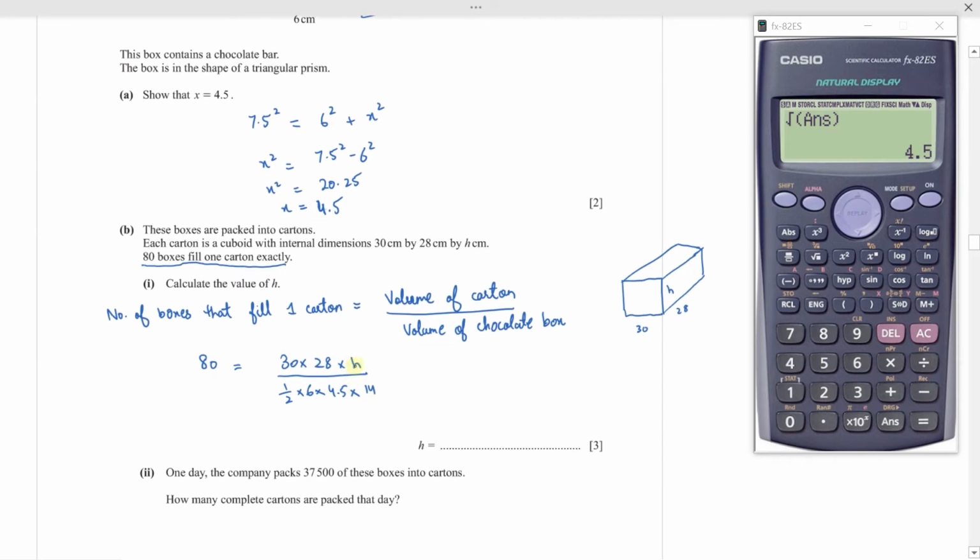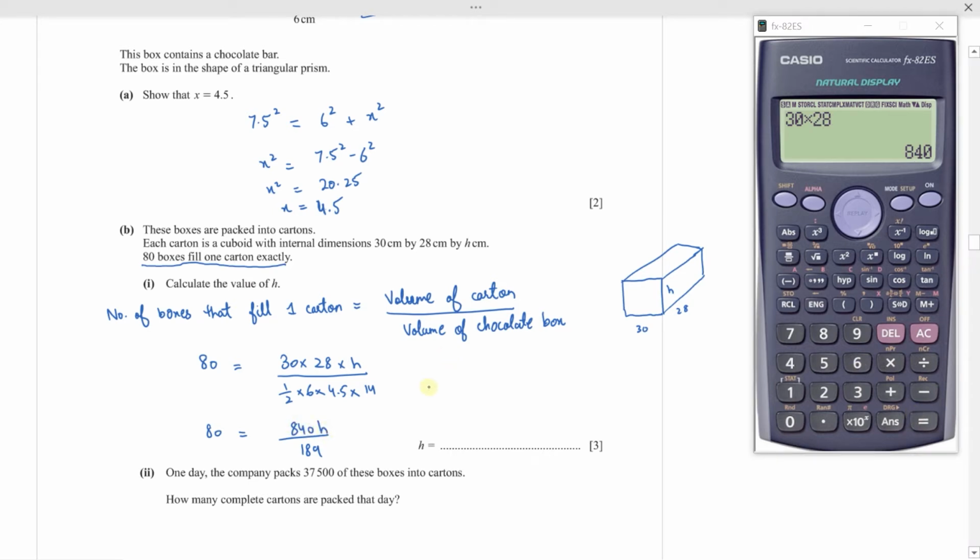So now we have this equation, and h is the only unknown. Let me first calculate the denominator: 1 over 2 multiplied by 6 multiplied by 4.5 multiplied by 14. So this is 189. So 80 equals the numerator, 30 times 28,